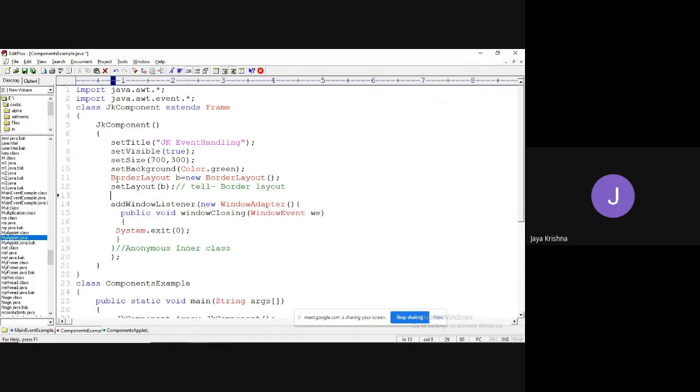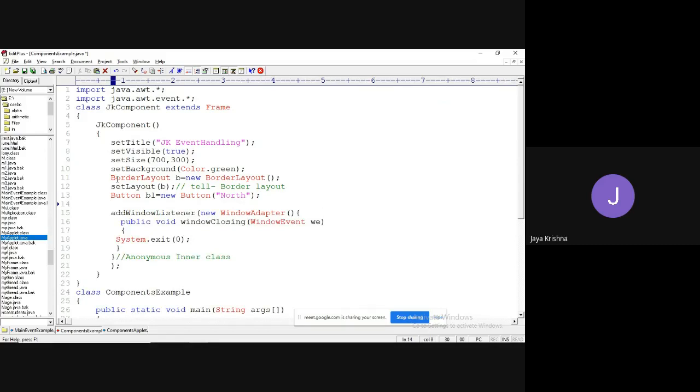For all examples, I am taking the Button class: Button b1 equal to new Button of "North". You know, the parameter is the constructor's label, so I am setting the label as North.